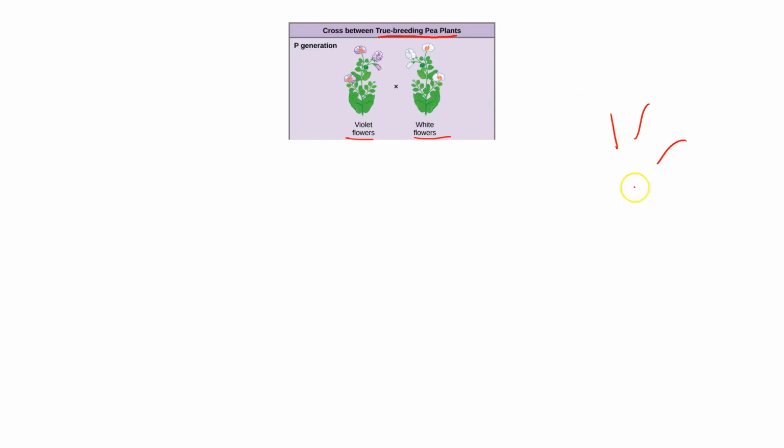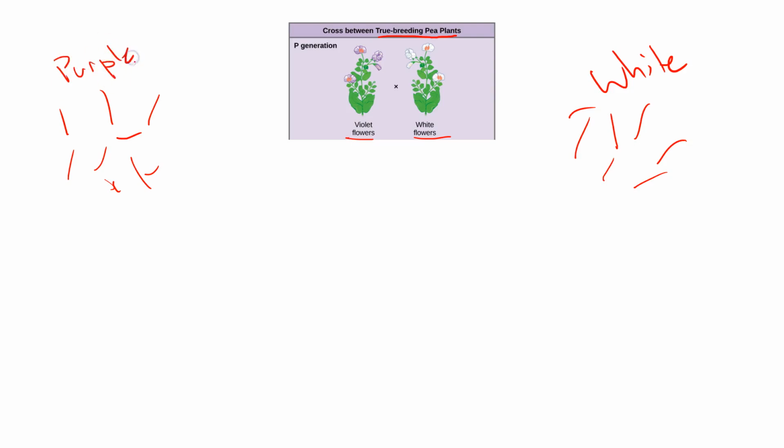So there's a bunch of plants over here. They are only white flowered pea plants, and then there's a bunch of plants over here that are kept separate, and they only produce purple flowers, and these ones only produce white flowers. Once establishing those, which are called true breeding, they don't change the color of their flowers